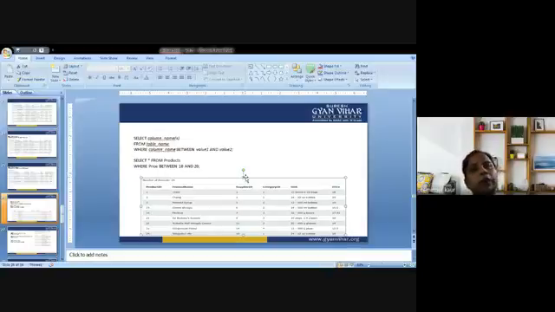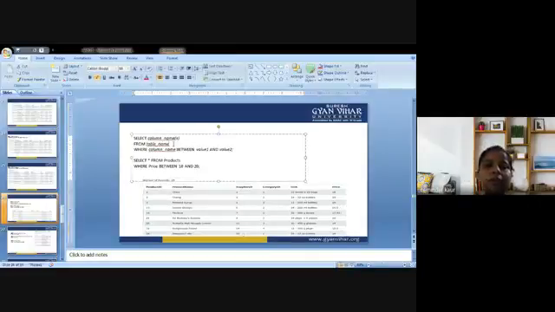Certain queries could be used for the same. Have a look at the syntax first. That is, SELECT column name FROM table name WHERE column name BETWEEN value 1 AND value 2.